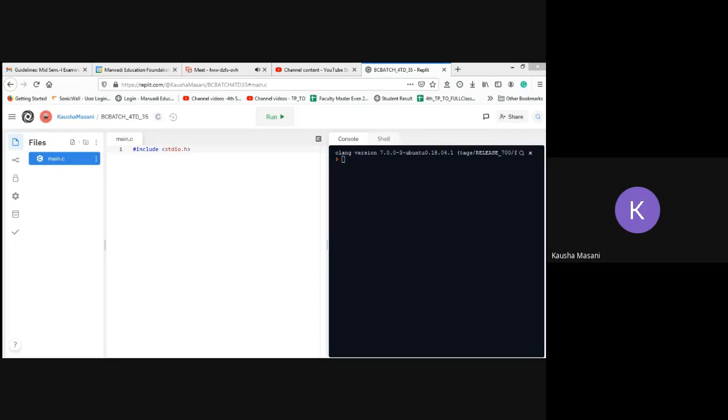So can anyone first tell me what is the fork command? Yes, students, what is the fork command? To create a sub-process, or you can say to create a child process, right?